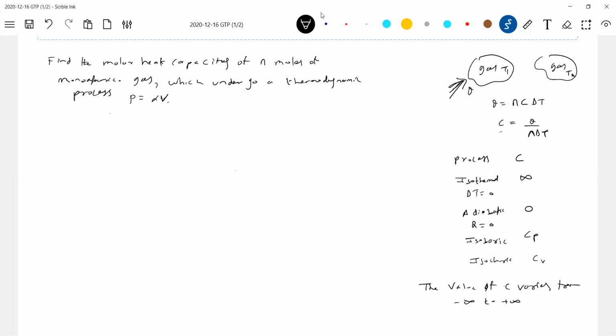Why C is positive or negative, it all depends upon the situation. You should not ask why in science. Why is there a refrigerator in your home? For some applications I need C negative. For some applications I need C positive.